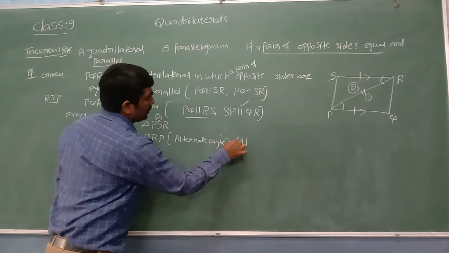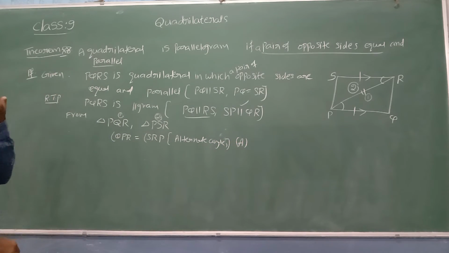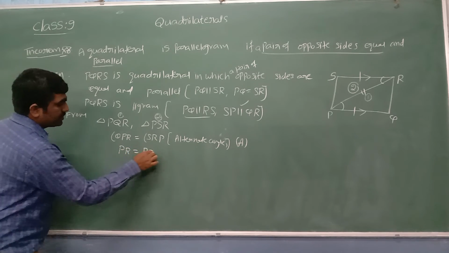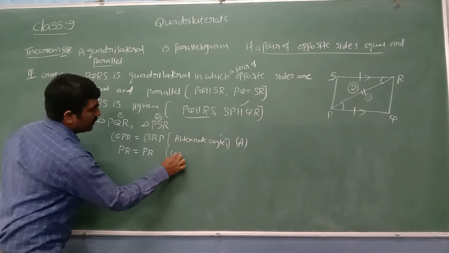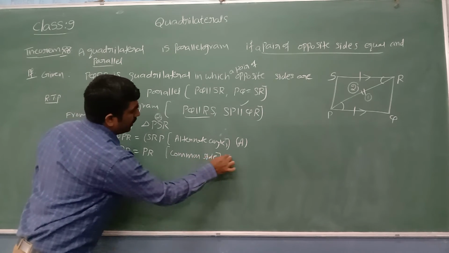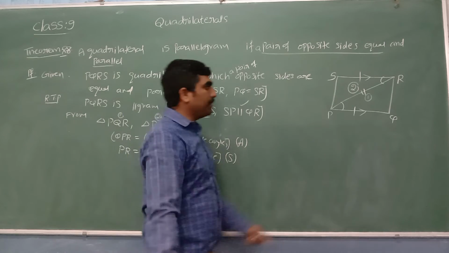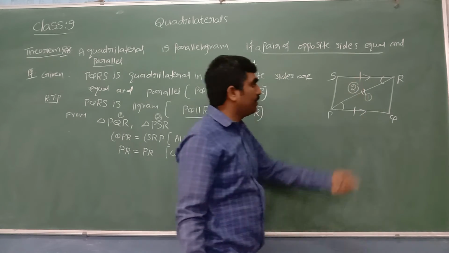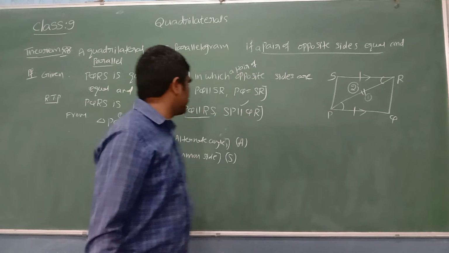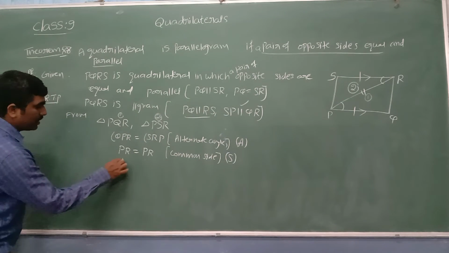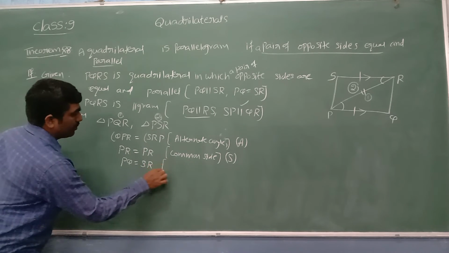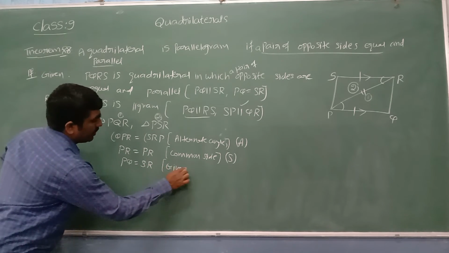One angle equal. Next, one side is equal, no? PR is equal to PR. What is the reason? Sir, it is the common side. It is the common side for both the triangles, meaning PR is the side in the first triangle and also the second triangle. One more equal part, we can say PQ is equal to SR. Yes, sir, side PQ is equal to side SR. What is the reason? It is given equal.